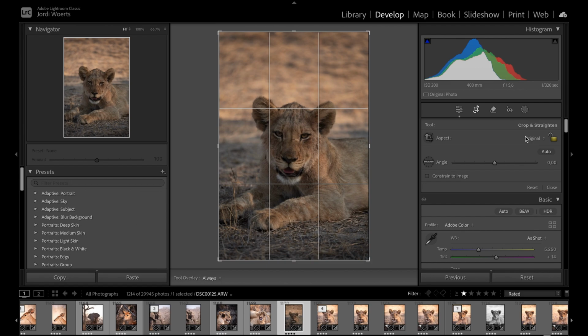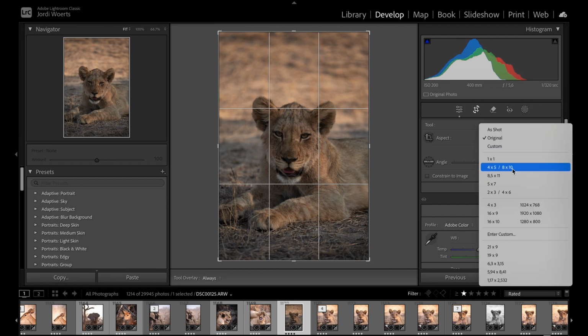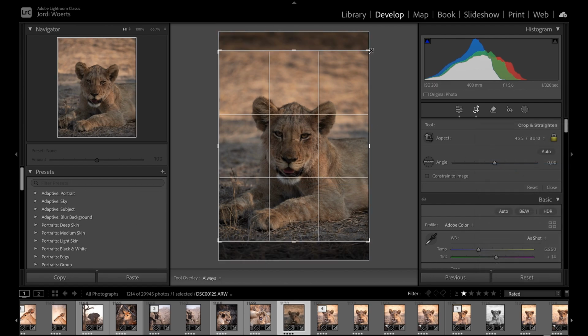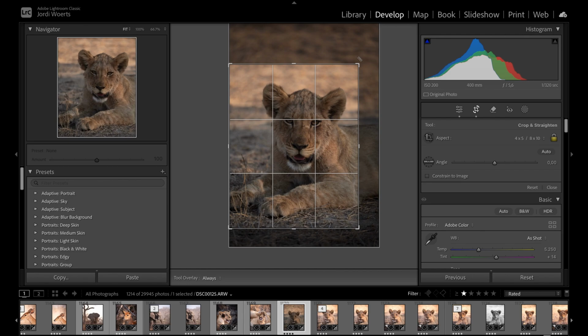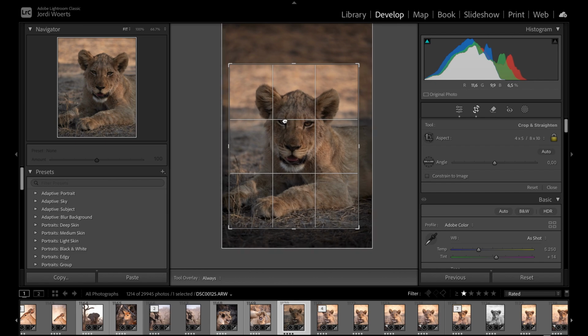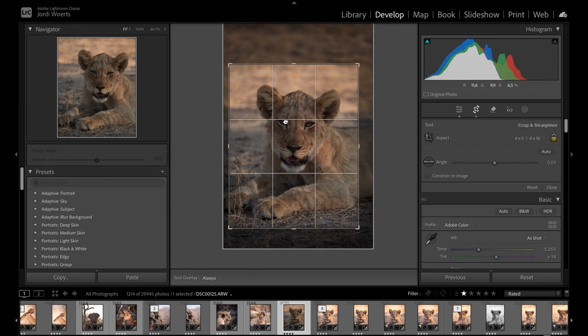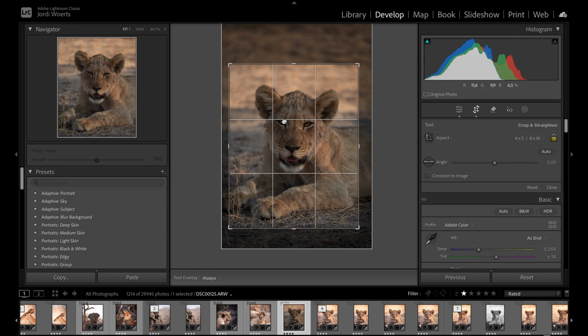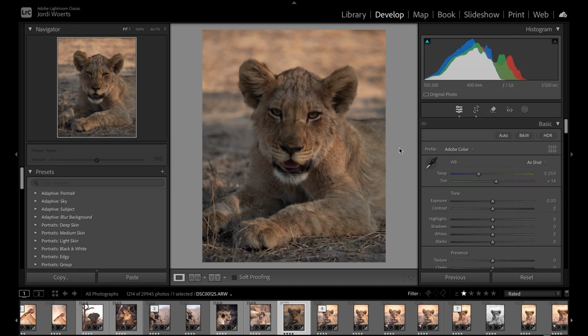How do I want to like my crop? Let's do an Instagram crop. So let's pretend that we're going to post this photo on Instagram. So obviously the line here, I want to basically put that around the eyes. So let's see if we do it like this, if this works. There we go, put the eyes a little bit in the middle. Yeah, I think this works perfectly. Awesome, all right, there we go.